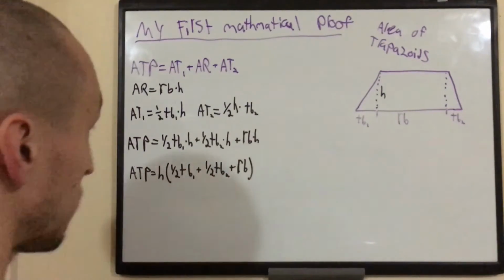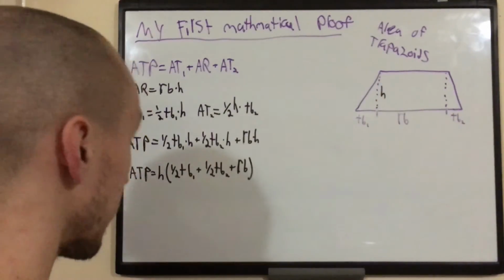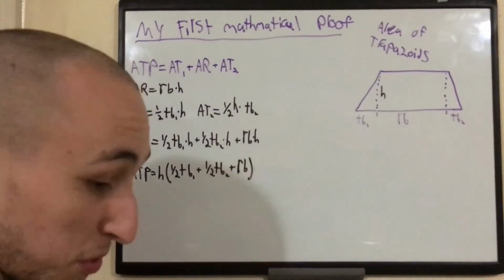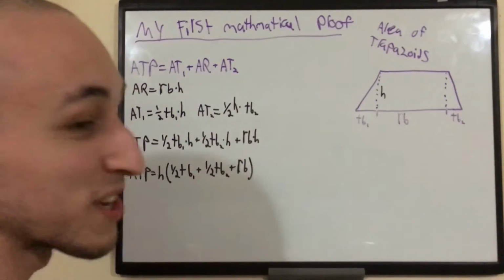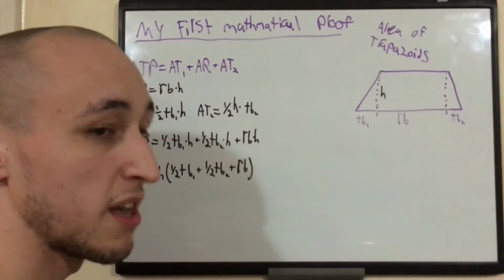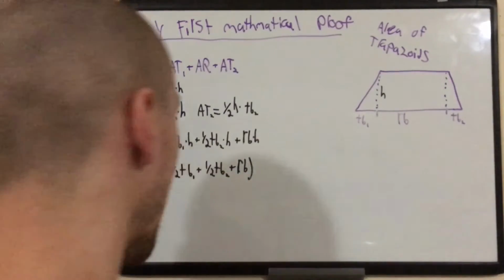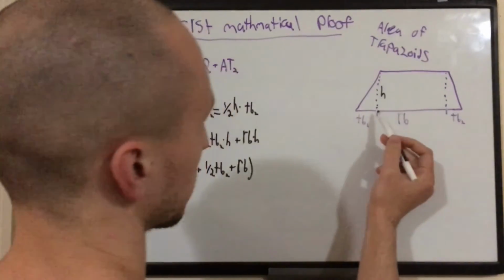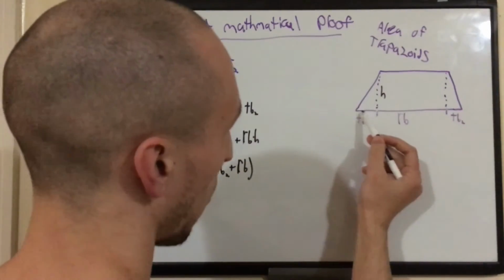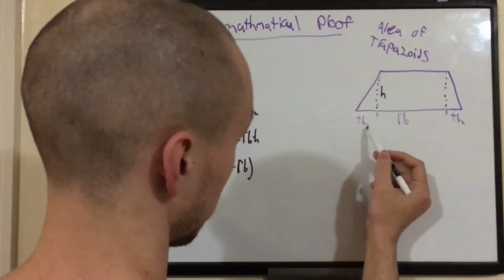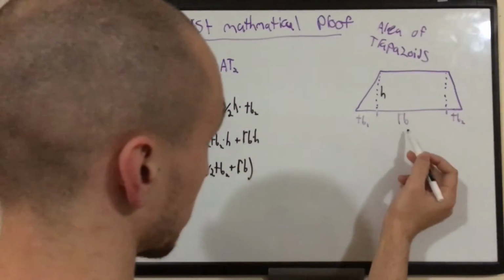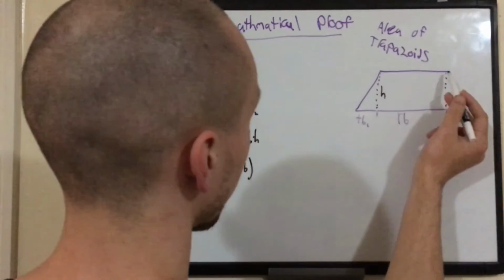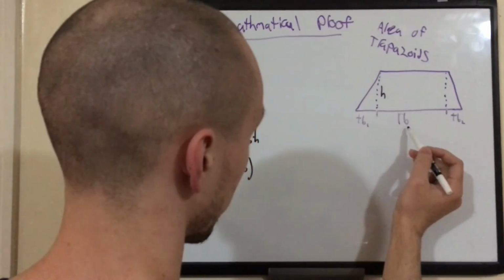Okay, you could use this to solve the area of a trapezoid, but it's not good enough. If you Google area of a trapezoid, you're going to get a different answer than this, because Google has the simplest, best answer. In order to simplify this, I have to get a little creative now. So down here we have RB. This whole length is equal to TB1 plus RB plus TB2. And this here is just RB.